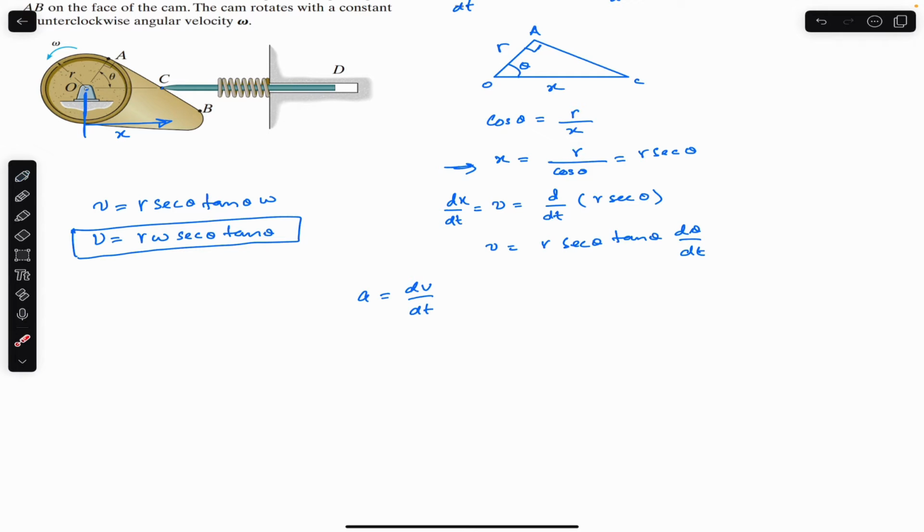So here we have three terms, and all these three terms are changing with respect to time, they are a function of time. So we need to apply the product rule on this and this. So we can write that this will be r, and let me write it as d by dt